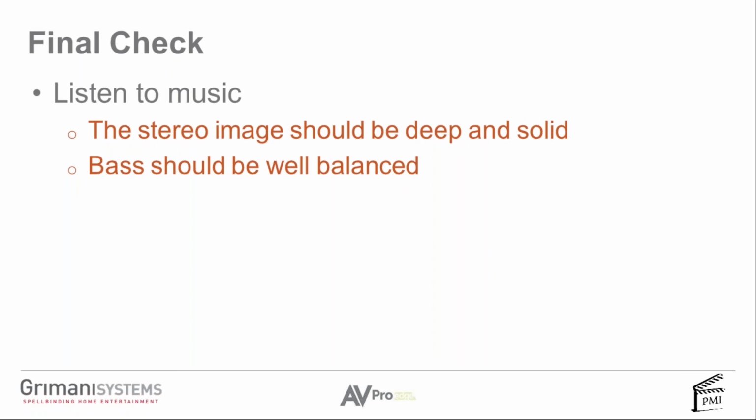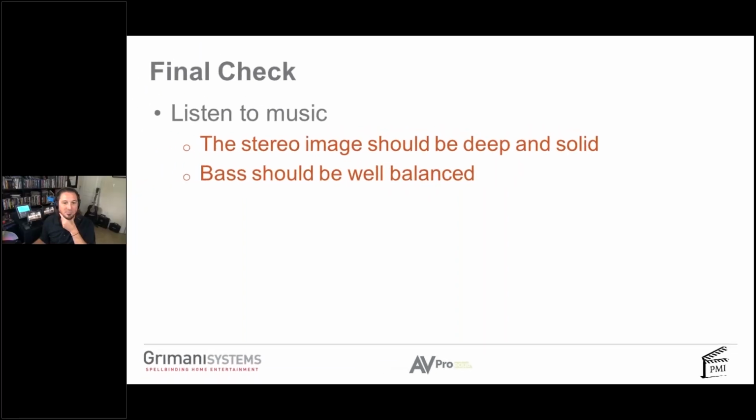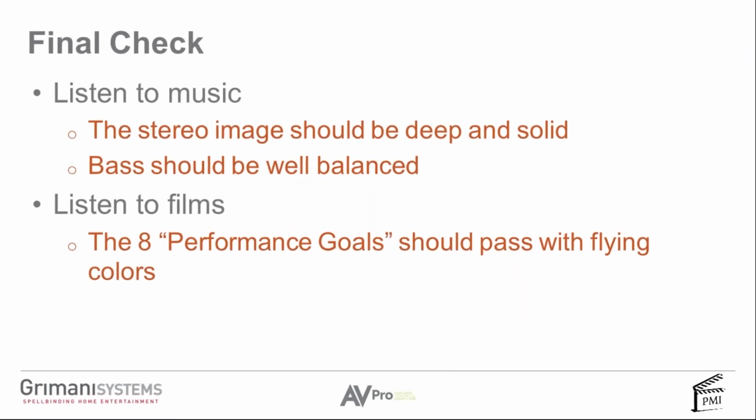Okay. Final check. You're actually going to take a break. You're going to put all the microphones away. You're going to get all this crap out of the way, and you're going to start to listen to some music. The stereo should produce a glorious stereo image, left and right. The bass should be well balanced. You're going to listen to films. The 8 performance goals that I mentioned earlier on should pass with flying colors. The dialogue clarity,